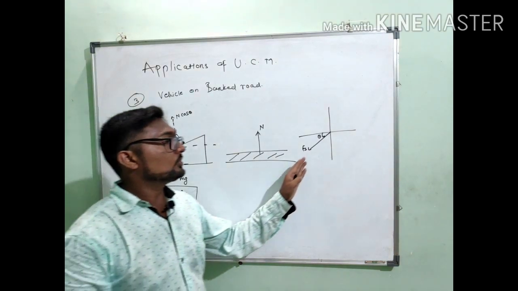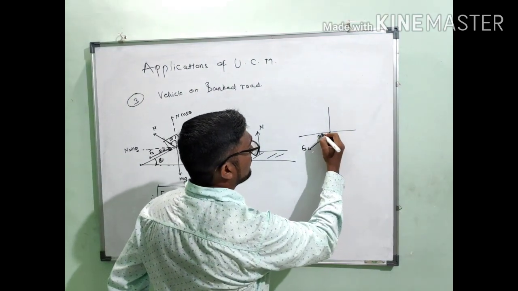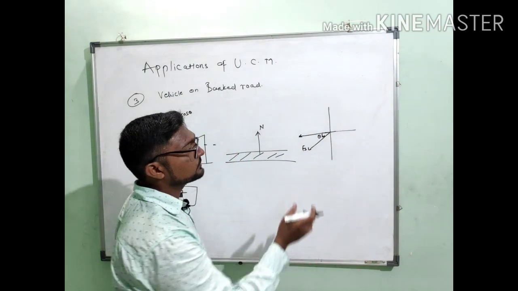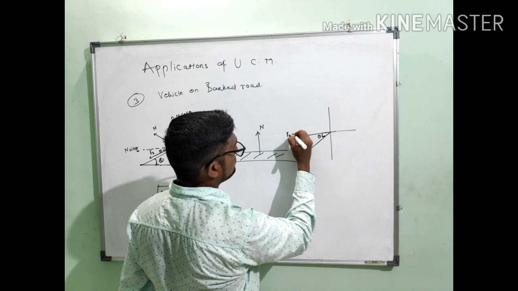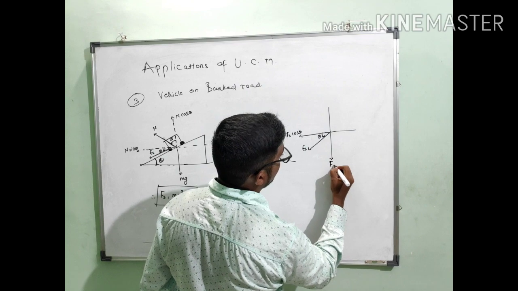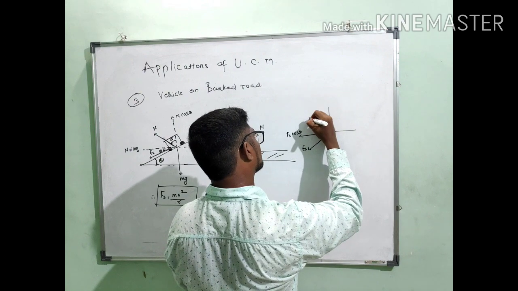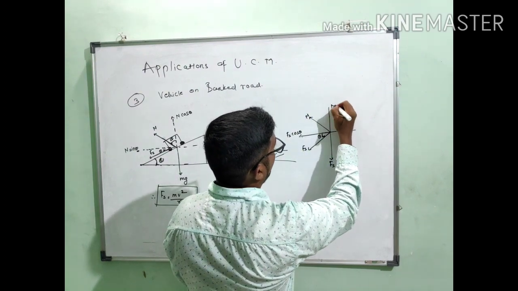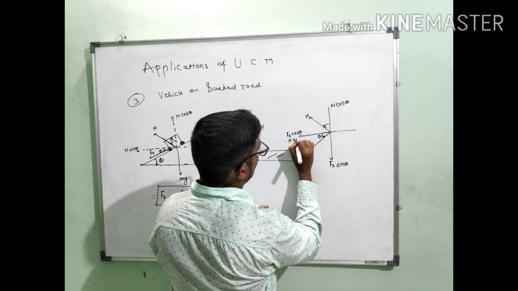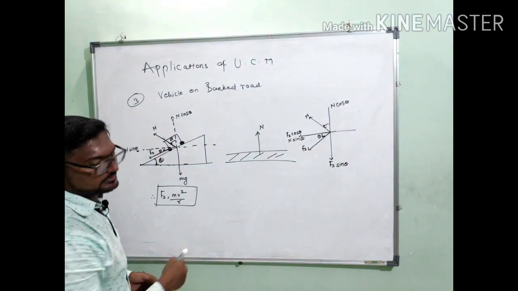So let us resolve this force. Whenever my theta is there, on which axis is my theta? On the horizontal axis. So there will be my cos theta, that is the cos component, Fs cos theta, and here will be my Fs sin theta. And already we have calculated, it is here N cos theta and here N sin theta. So let us calculate these forces.